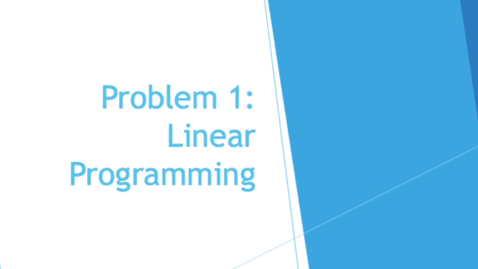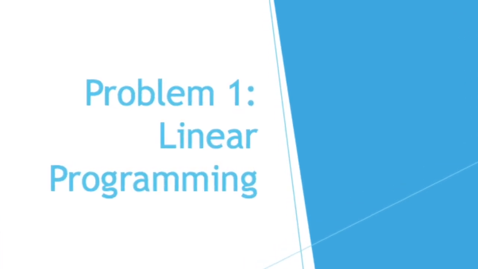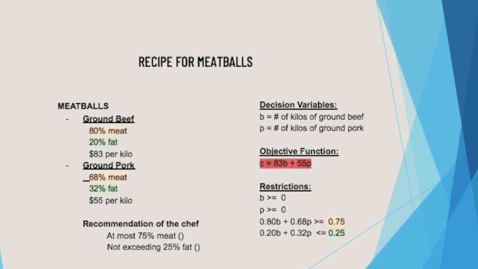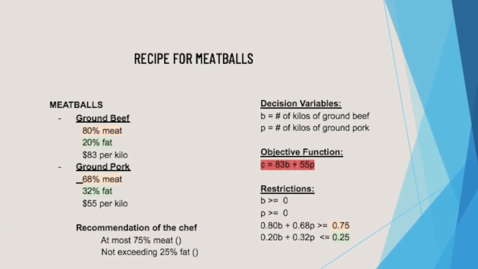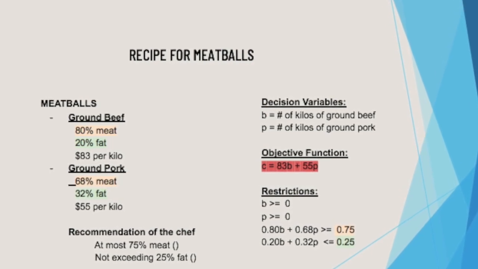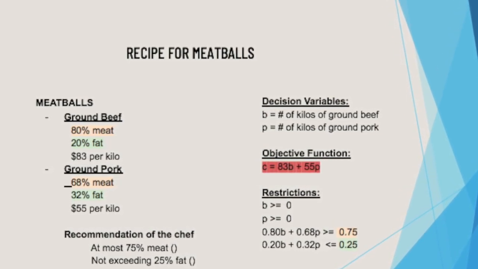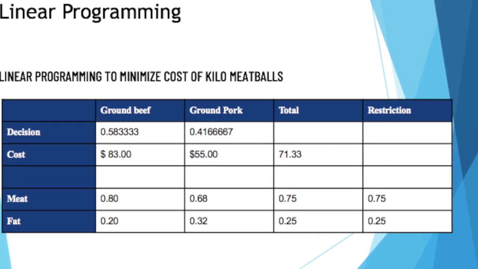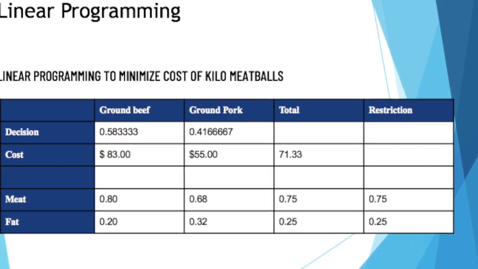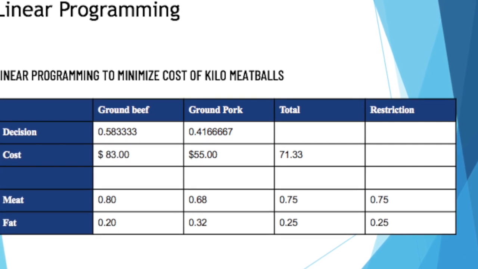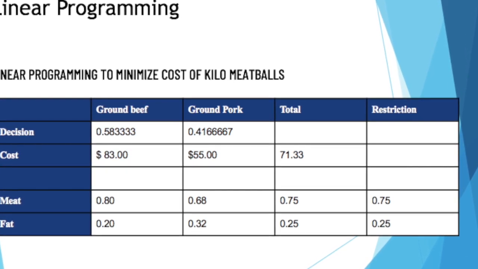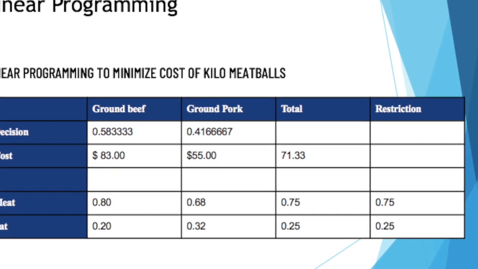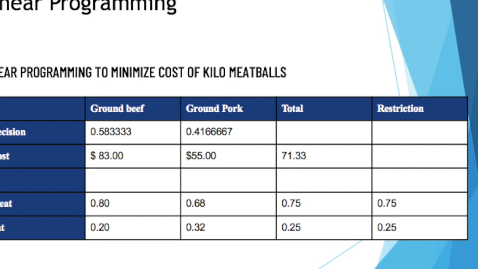Well, for the first problem, we got the information we needed from Cassandra on whether it was possible to reduce the cost of the preparation of the meatballs. In this case, we use linear programming in order to get a maximization of the product. Based on the recommendations, decision variables, the objective function and the restrictions, we use Excel and the tool Solver and got that the decision was to use 0.58 of beef and 0.42 of pork to minimize the cost